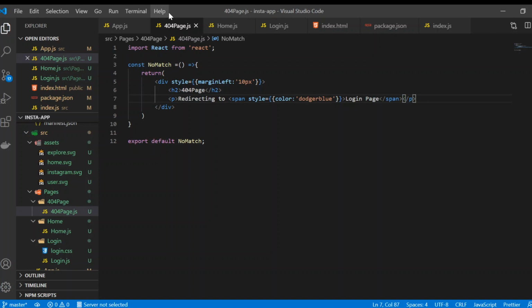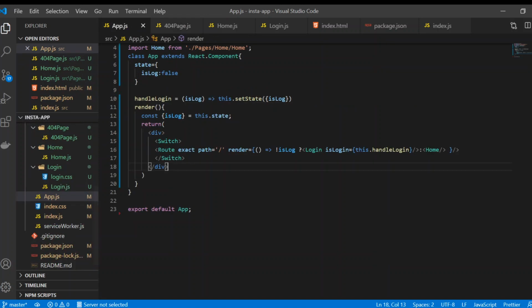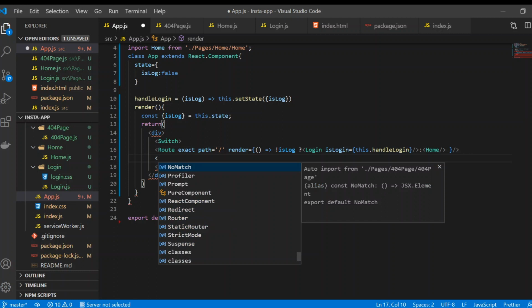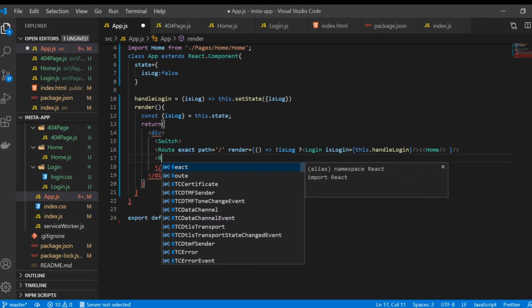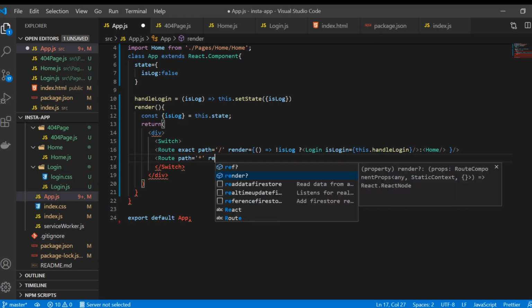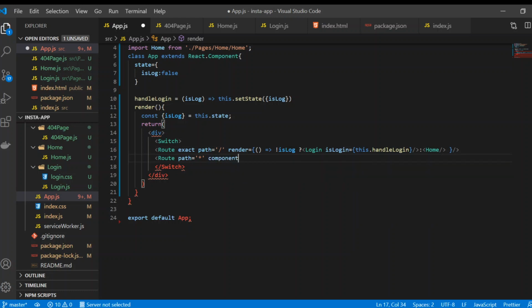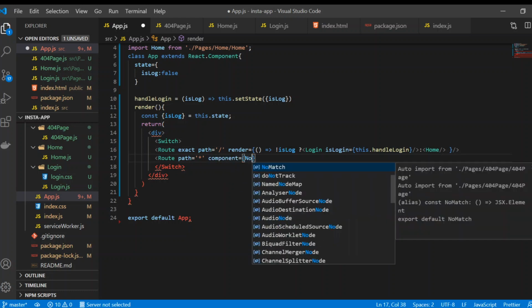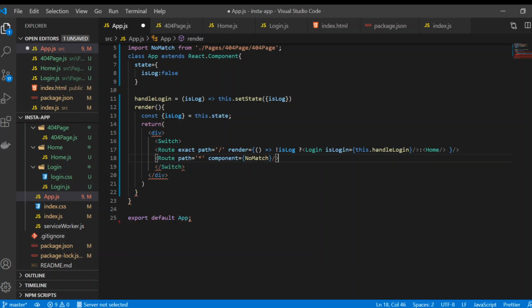Now this page has been made. Now one more thing is required, but first of all just use it in here. The best practice would be that when all the routes fail, then it should return this 404 page route, right? So we're going to just give path equal to a star. This means all, right? So it will return the component called no match. Now if we just save it